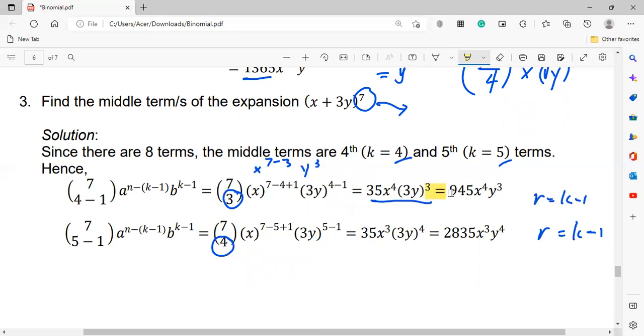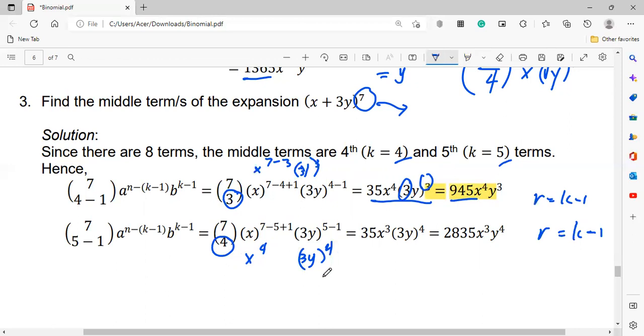That is why we have 945 x raised to 4 y raised to 3. Reason? Because you're going to get the cube of 3, which is 27, and then multiply to 35 to get 945. On the second, the middle term, so taken 4 naman ito, this can be written as x raised to 4, 3y, okay, this is 3y,